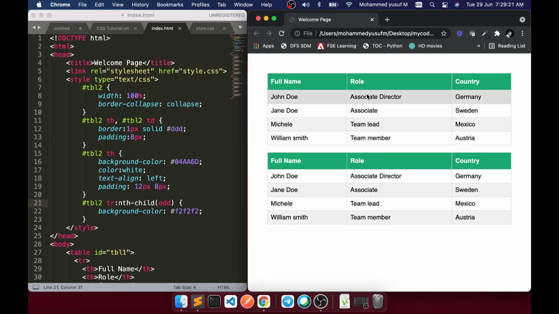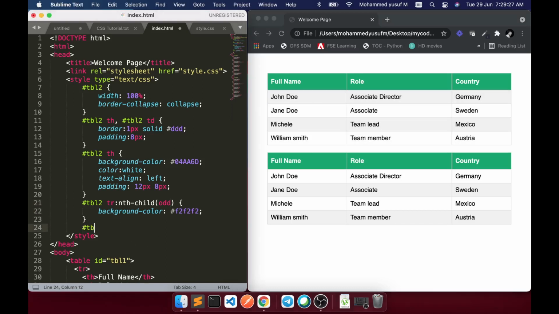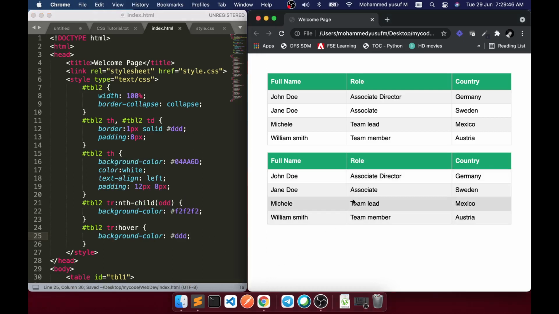What is pending is the hover effect. For that we can go to table 2 and target the tr again, and apply the hover pseudo class. When you hover over the table row, we change the background color to ddd. Then that works as well.